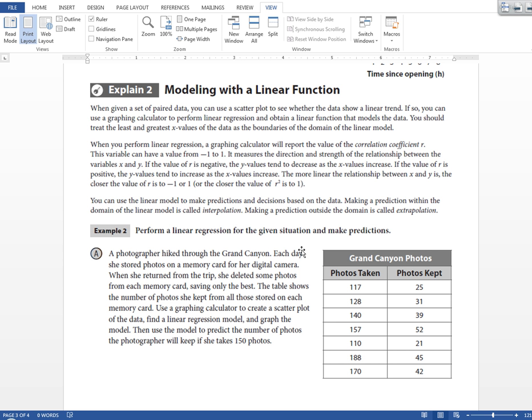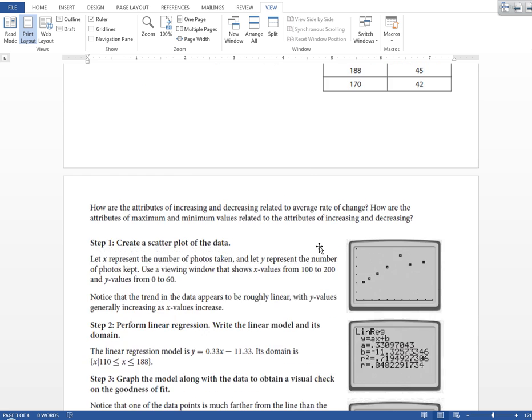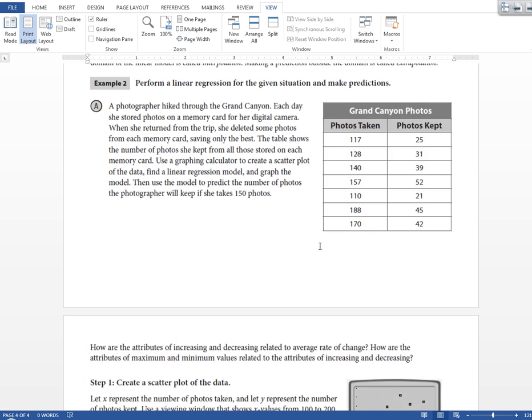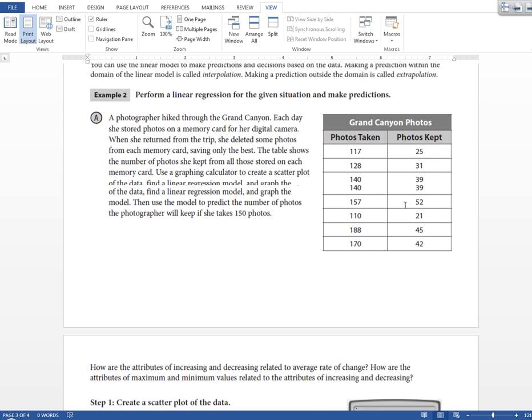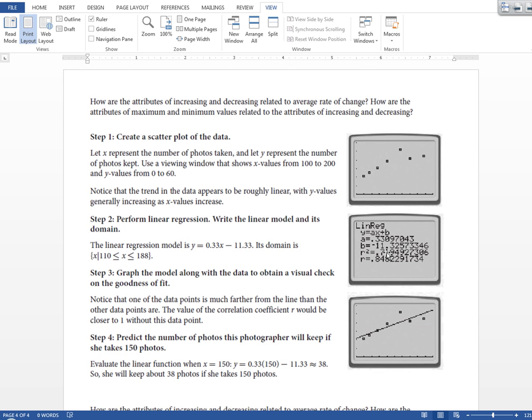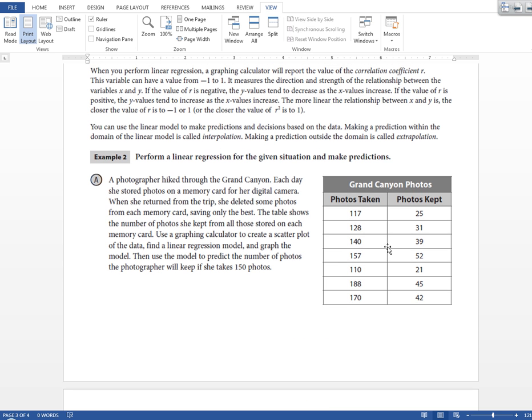So we're going to use our graphing calculators to create a scatter plot first of all, and then we're going to use that data to create a linear regression model. Okay, so how do we do this? Here's how you do it. This is the data we want to use. All right, so on our calculators,